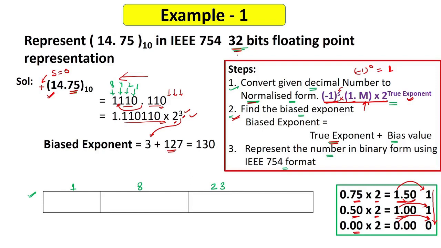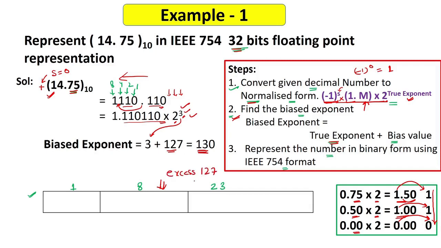It was 127, right? We have seen. So we add 127. So I got 130, right? So actually in this exponent field, I will not be storing this 3, that is this exponent. I will be storing this 130, right? So this is actually called excess